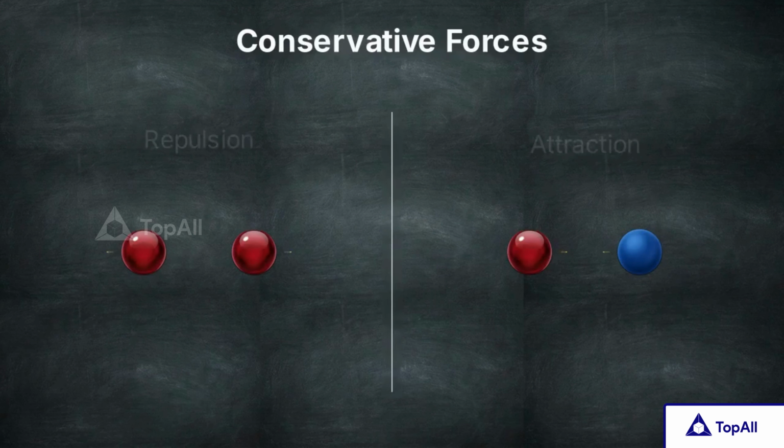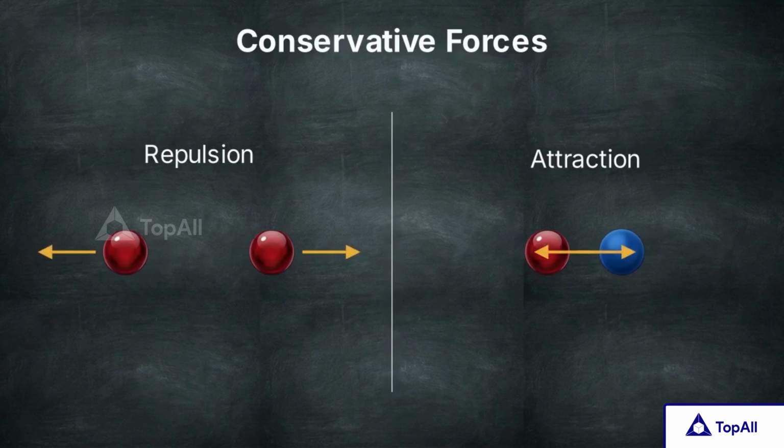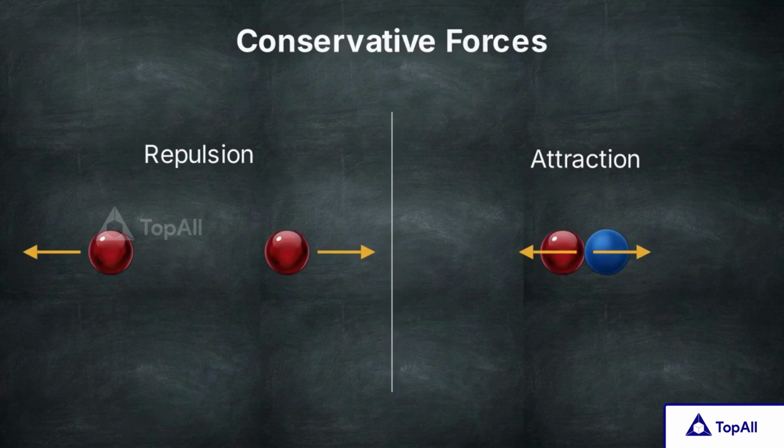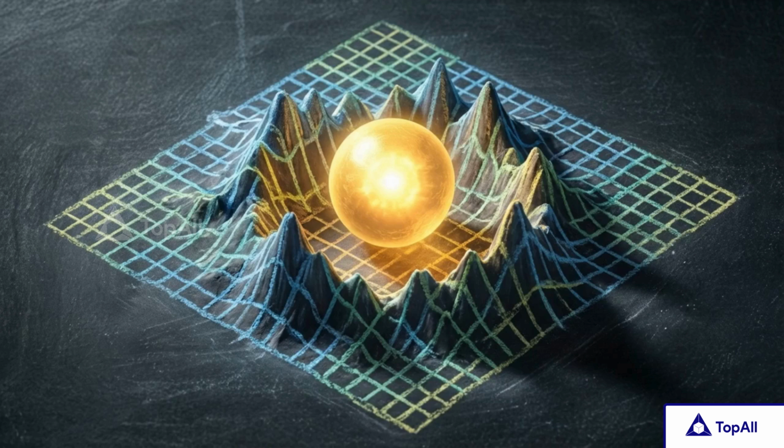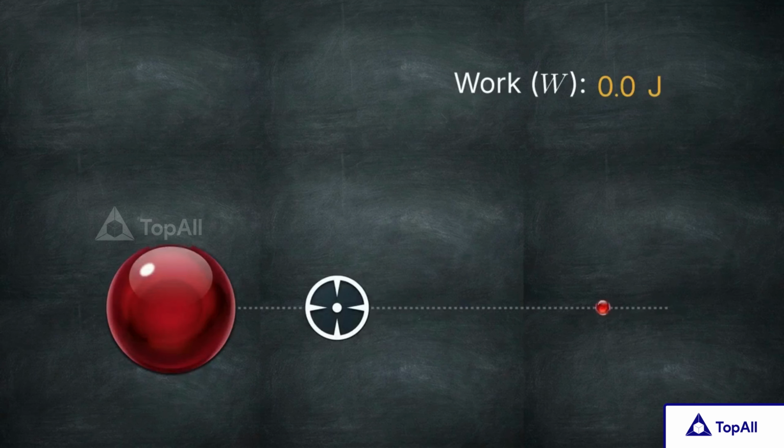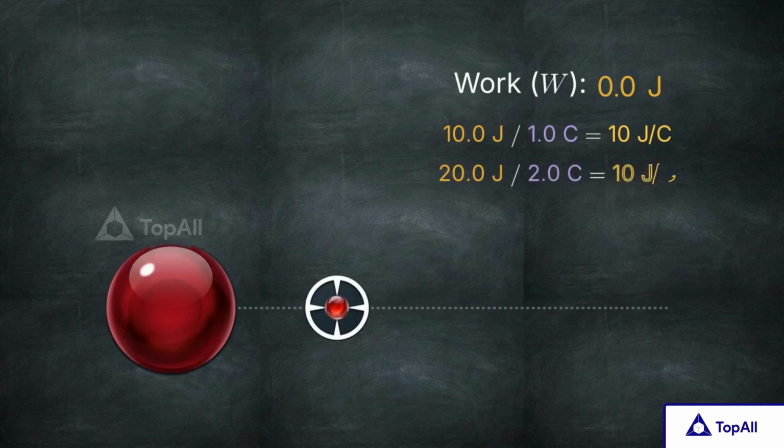The Coulomb force, the repulsion or attraction between charges, is also conservative. This allows us to map the potential energy for any charge introduced into an electrostatic field. To create a universal standard for this map, we use a unit positive test charge. This is a theoretical probe so small that it measures the energy at a point without disturbing the source charge